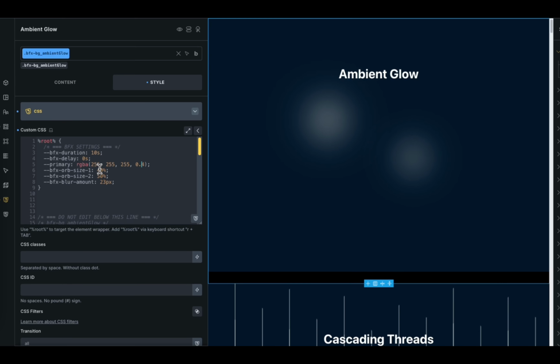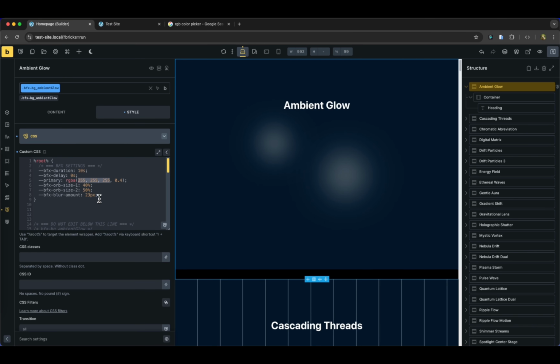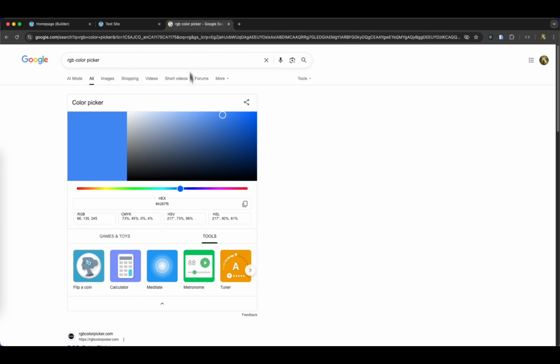Everything is set to white, although there is a dark version of each of these effects so that you have it ready to be used on a light background. On purpose, I have set these to be way too visible, because you can make it whatever you want. So let's go ahead and Google RGB color picker,